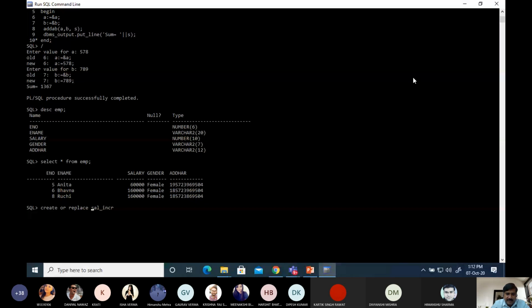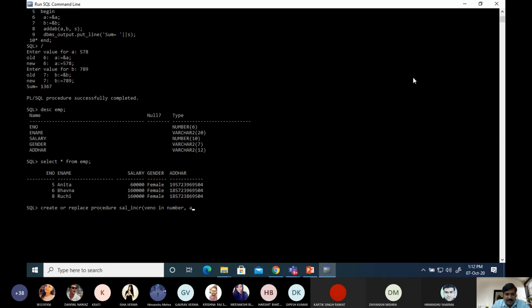Before that, we have to write the keyword procedure: create or replace procedure, procedure name. In this procedure we pass 3 parameters. One parameter is VE number, in input mode, and type is number.